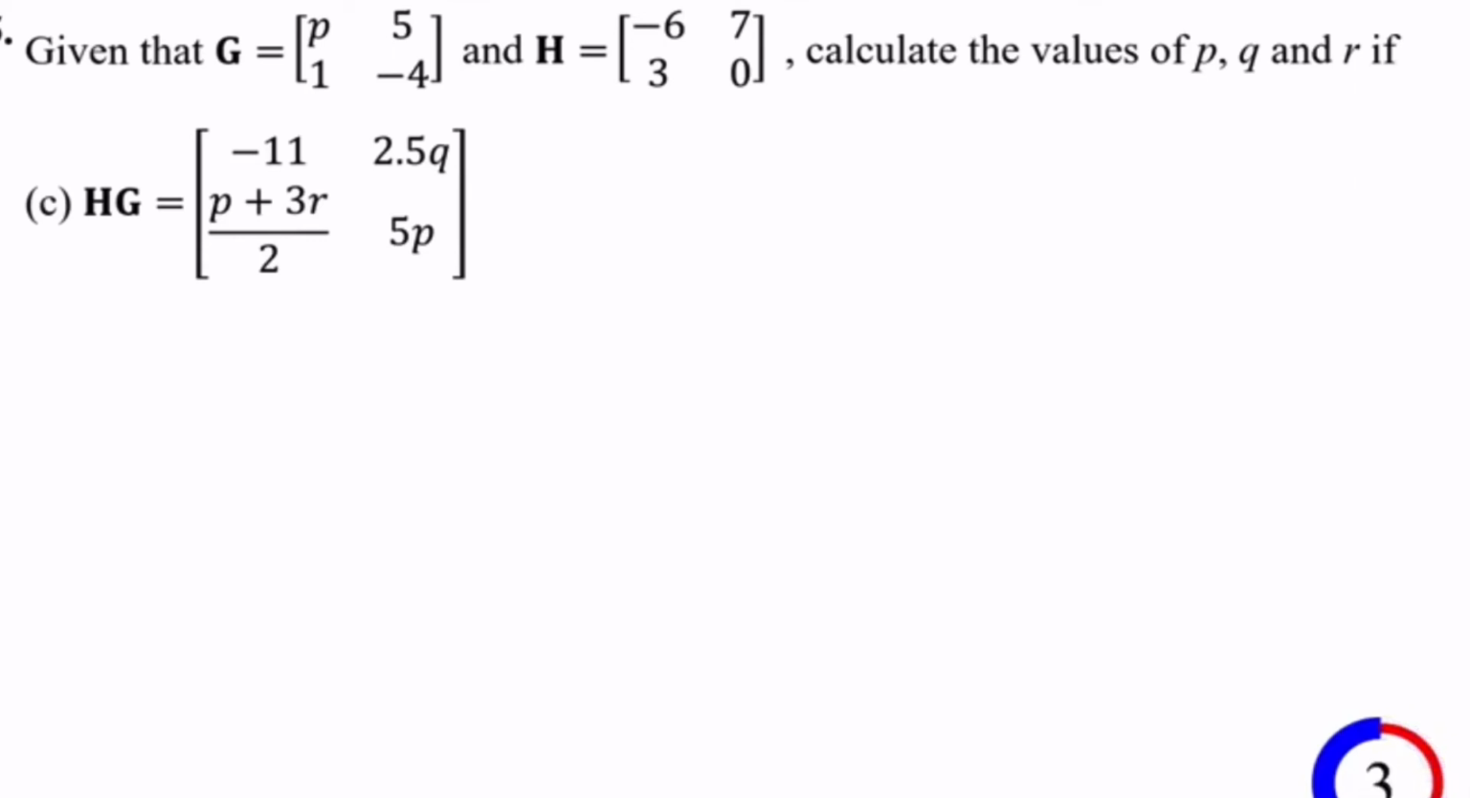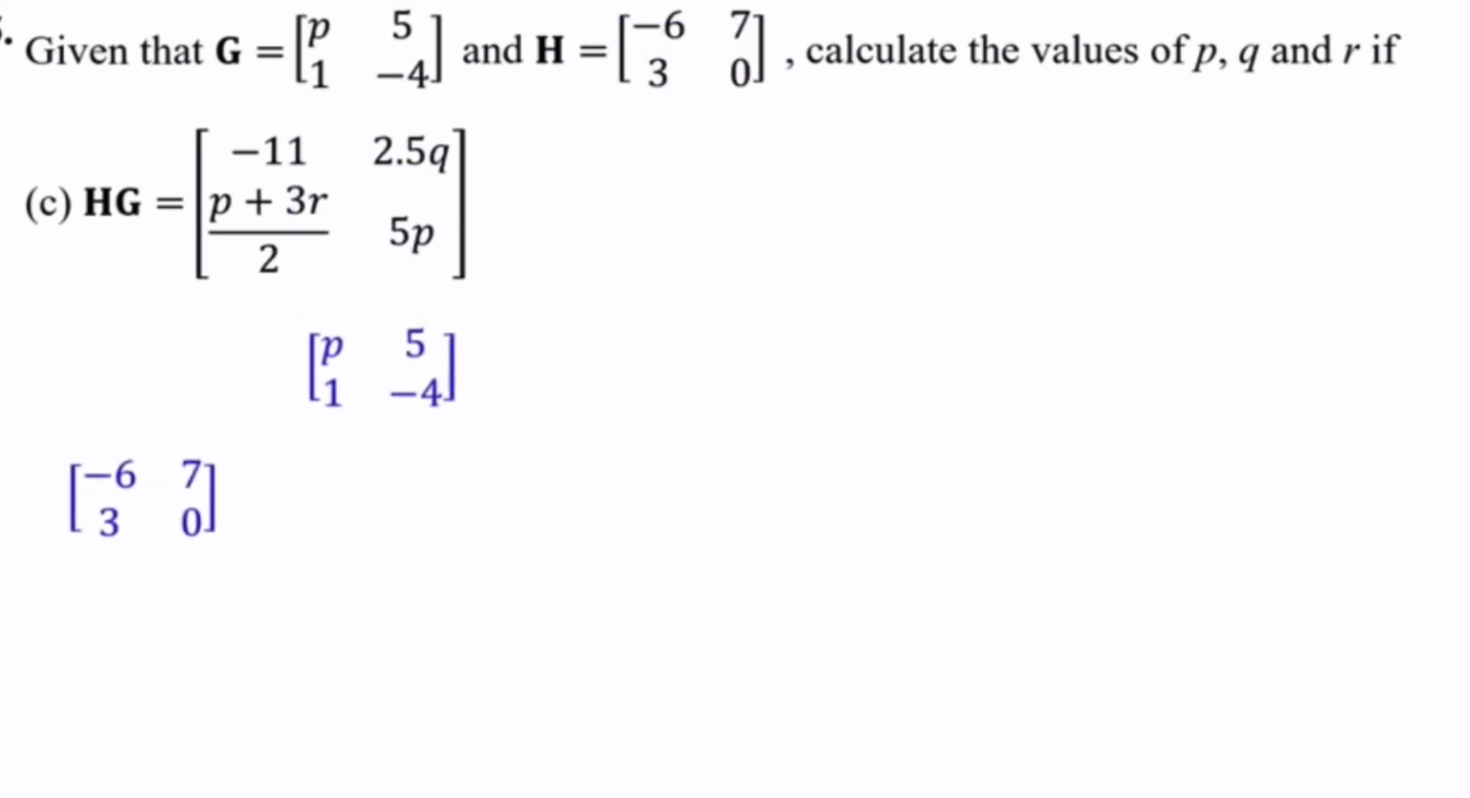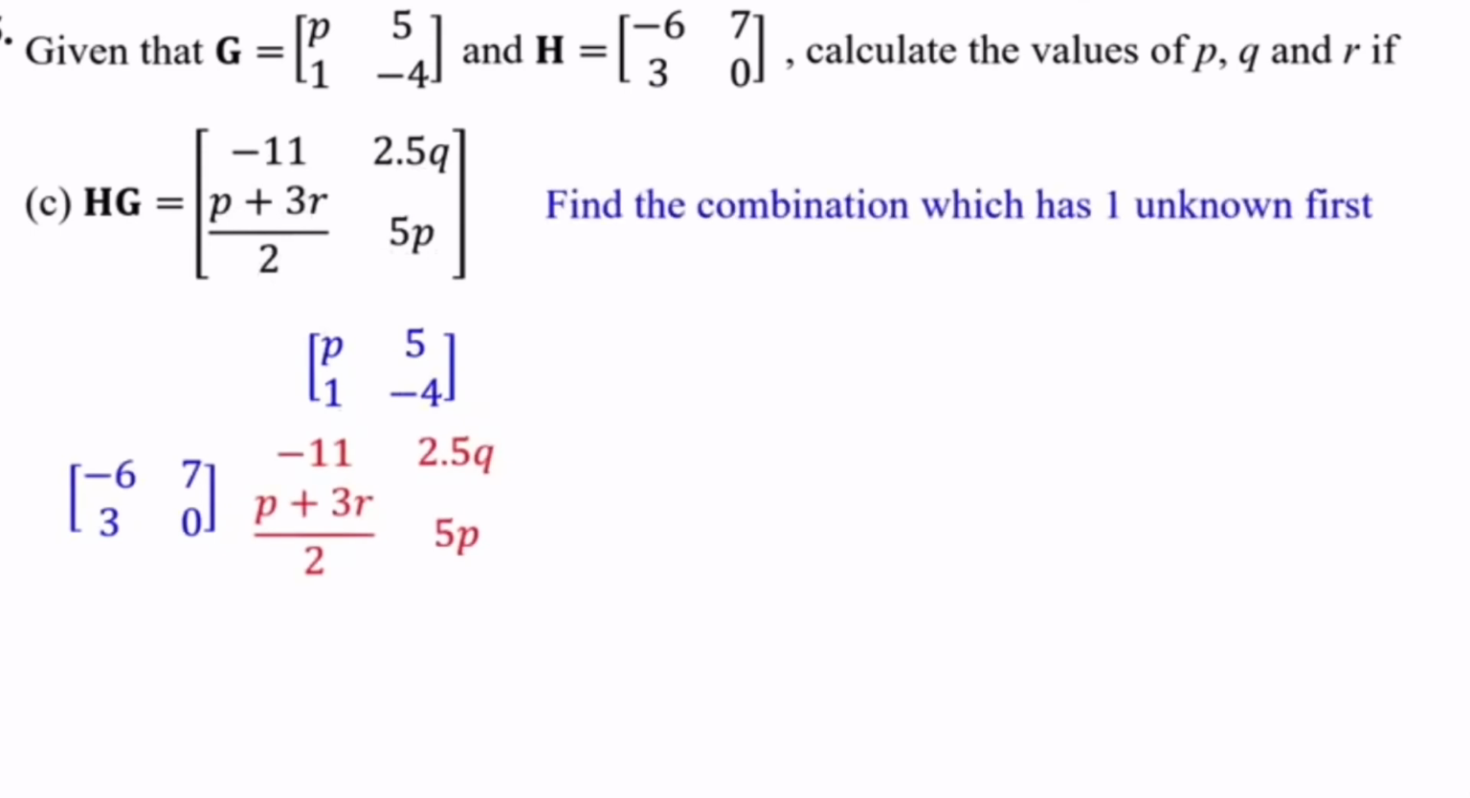Hg is equal to negative 11, 2.5q, p plus 3r over 2 and 5p. So we are going to multiply these two matrices and we are going to equate with the answer given. So let's do it carefully. So negative 6, okay, we will find a combination which has one unknown. So negative 6 times p plus 7 times 1 is equal to negative 11. So we can solve the p easily. Negative 6p equal to negative 18. So p is